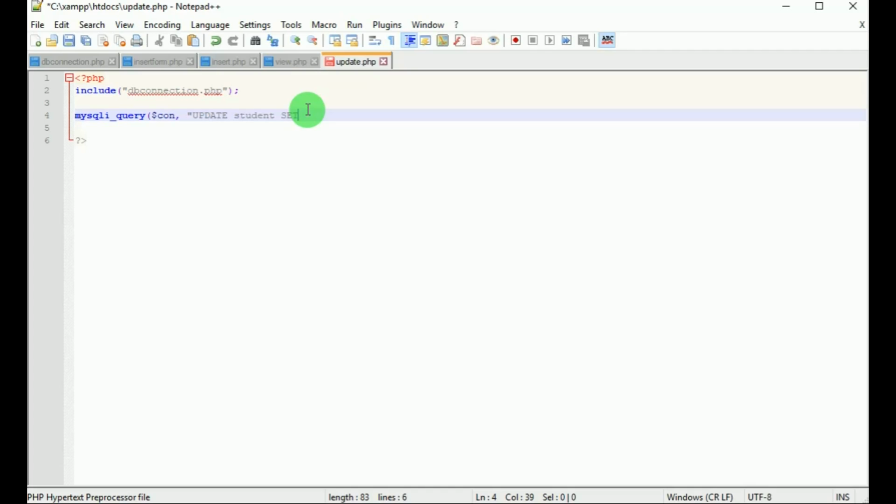Here our table name is student, so let's write the command as update student set description equal to science student, where student ID is 003.